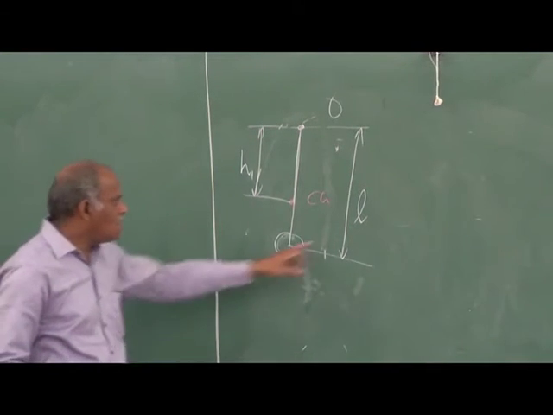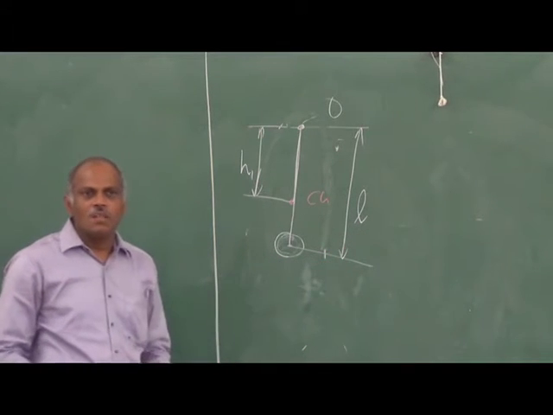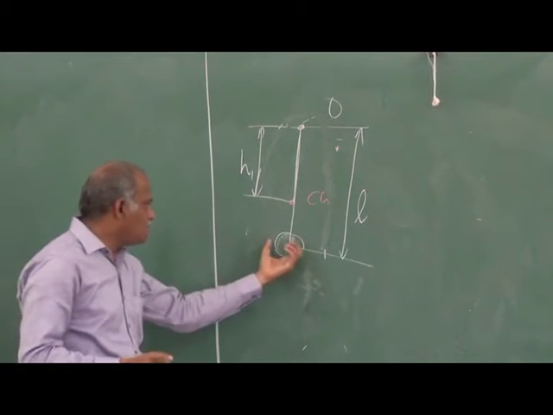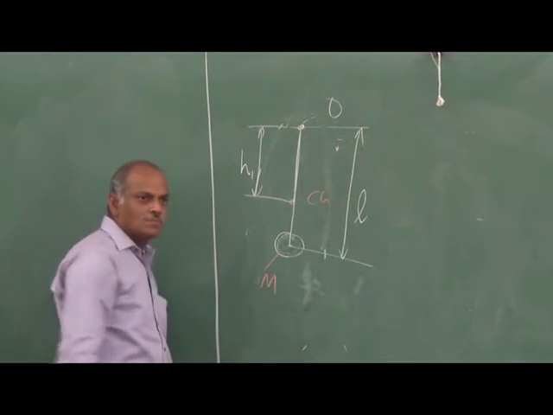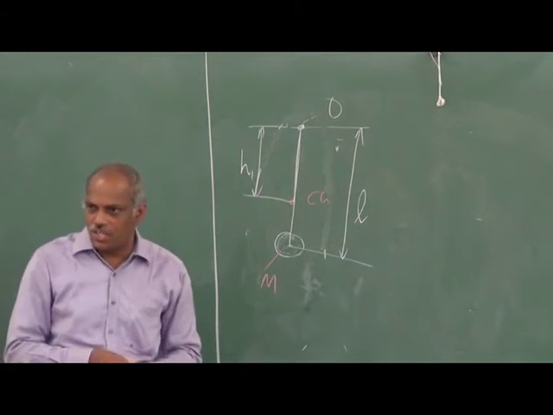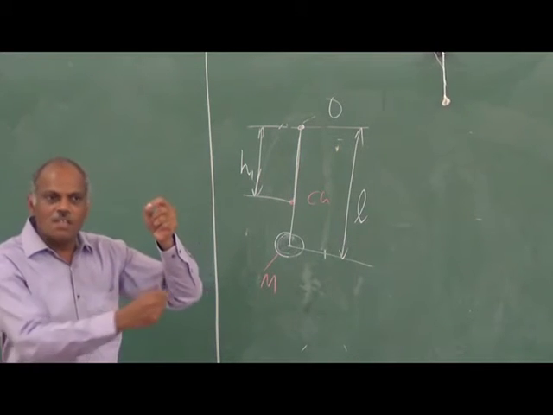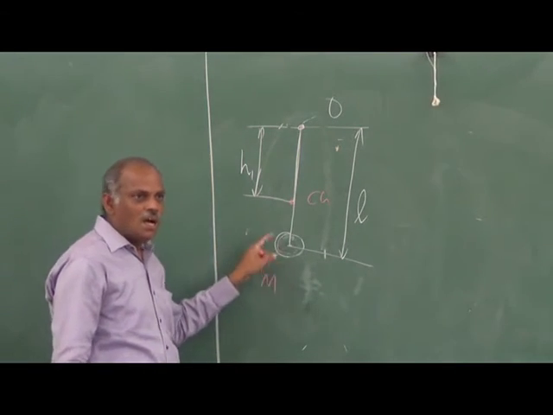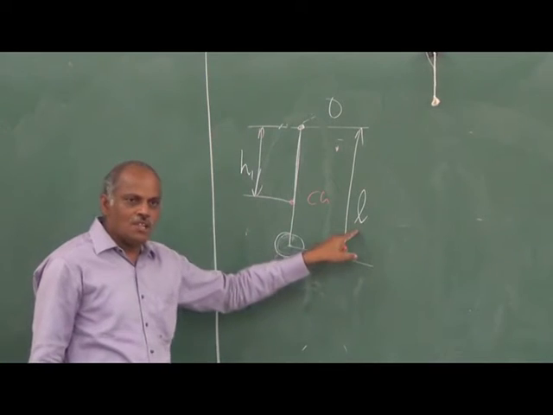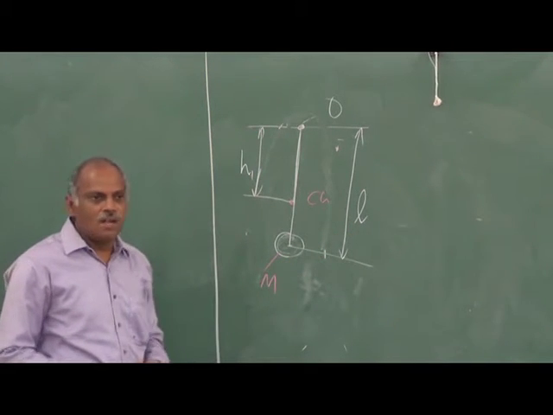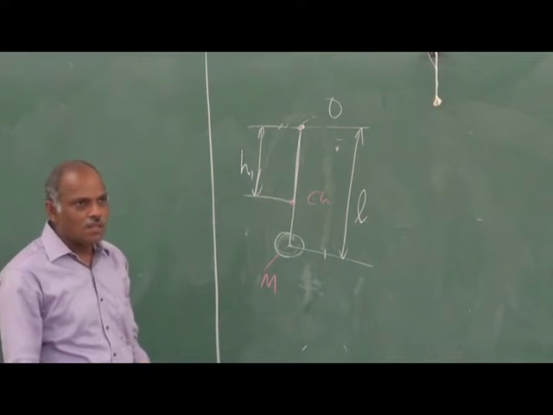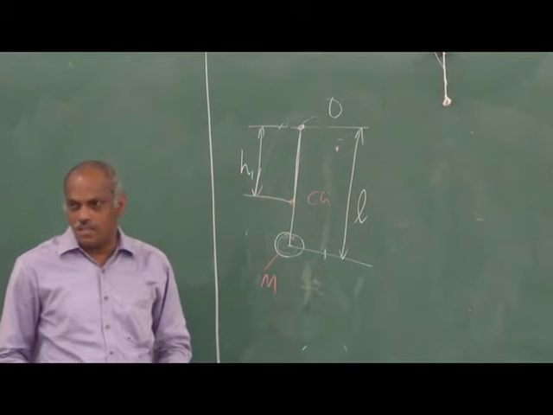Now what will be the length of this simple pendulum? The mass will be the same as the original mass. Can I keep this L in arbitrary length? You can, but I am imposing a condition that the period of oscillation of this simple pendulum and the compound pendulum should be the same. Okay. So the length L is chosen such that the period of oscillation of the simple pendulum and the original compound pendulum are the same.